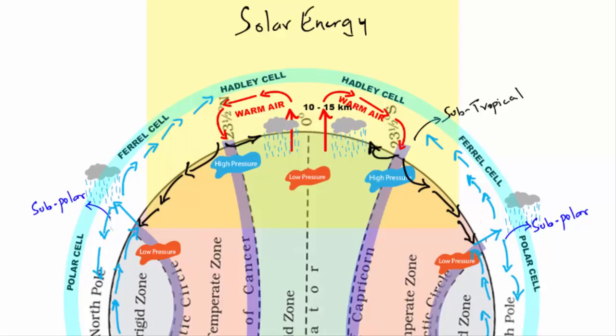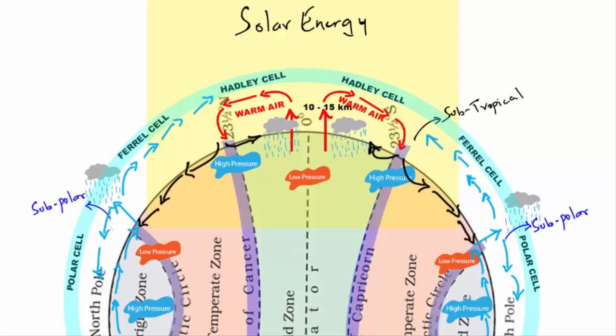And that's how a chain or a loop is created, where the air keeps moving from equator to poles and vice versa. Always remember, the equator has a low pressure zone, the subtropical region has a high pressure zone, then comes the subpolar region with a low pressure zone, and finally the poles that have a high pressure zone. And all these pressure positions keep changing with the movement of Earth on its axis, because that's what affects the sun's heating of the surface.